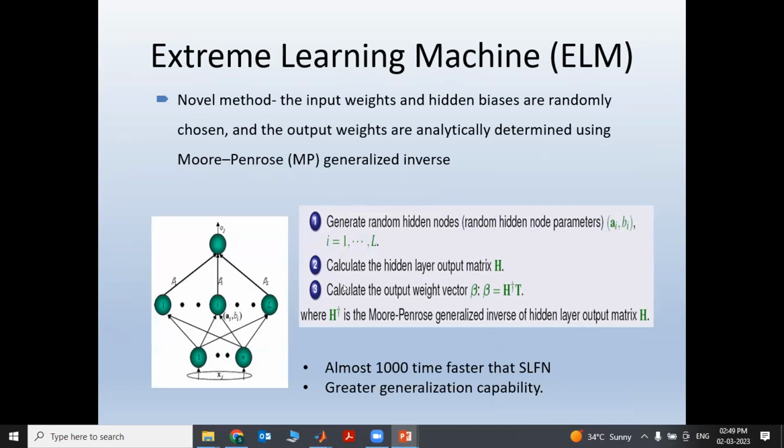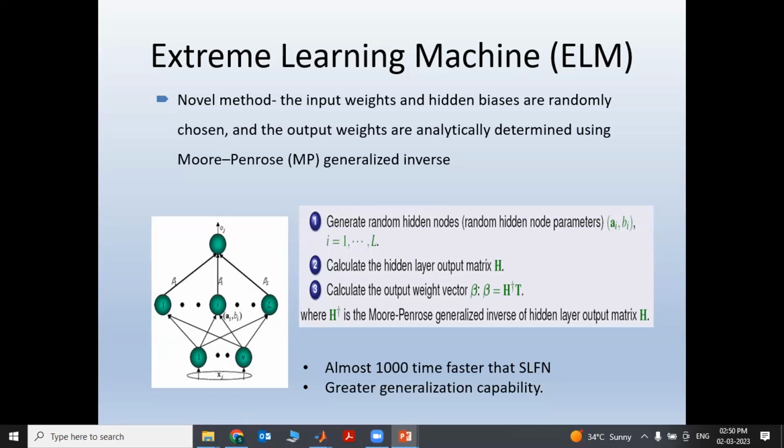The advantage of the extreme learning machine is this. In conventional backpropagation, what is the main issue I told you? Local minima trapping, right? Another problem is slow convergence and the number of iterations. While applying the concept of the extreme learning machine, you can see that it is extremely faster than the backpropagation neural network.